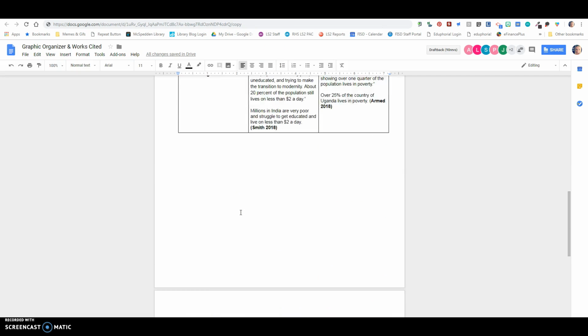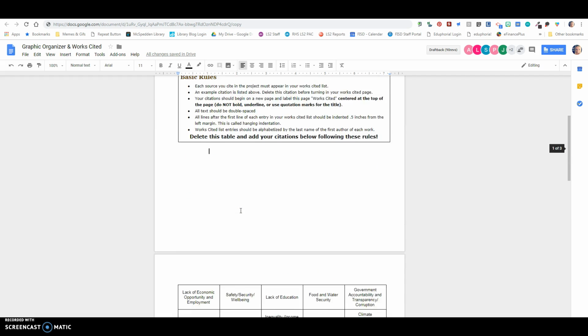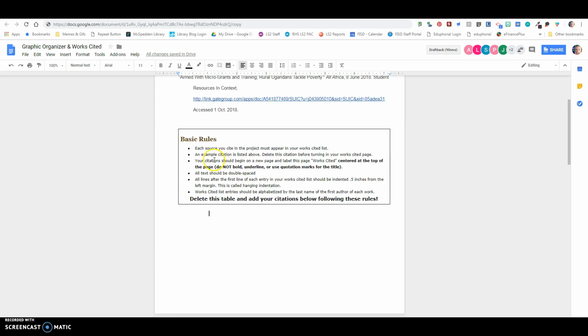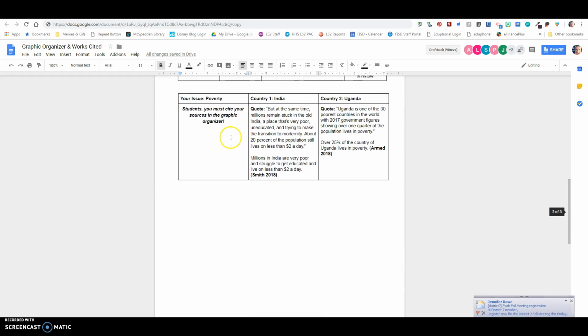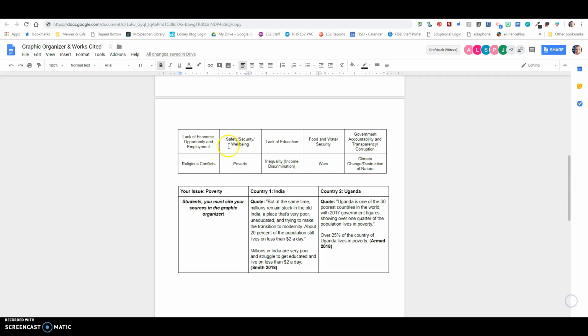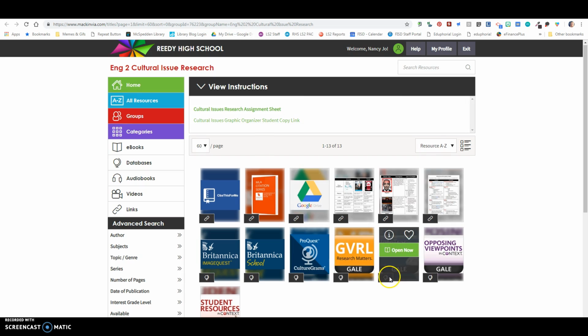This is the document that you are going to be keeping both your works cited, your citations on, and then your information to answer these questions. Okay, so you're going to plug in your topic or issue. So my issue was poverty, my first country was India, and my second country was Uganda. Okay, so I chose these two countries, and one of the ways that you can do that is you can